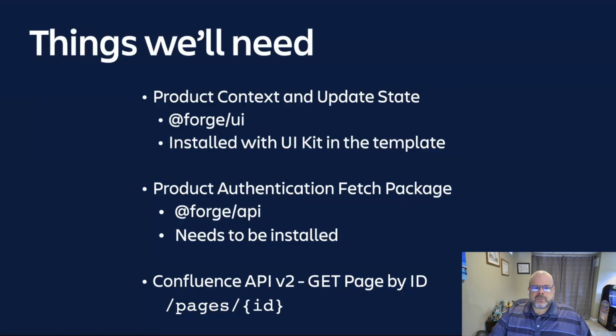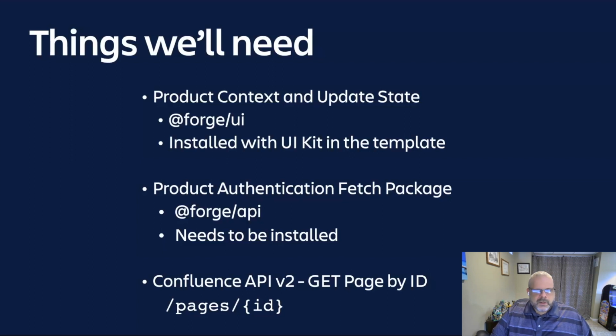So things we'll need: a product context and update state. So this is coming from the Forge UI package, npm package. And we have installed this with the UI kit and template. So these are two different functions that we'll be able to use. The product context will help us understand information about the page that we're sitting on or the content we're sitting on. And then update state will allow us to dynamically update information within our code or within our view state